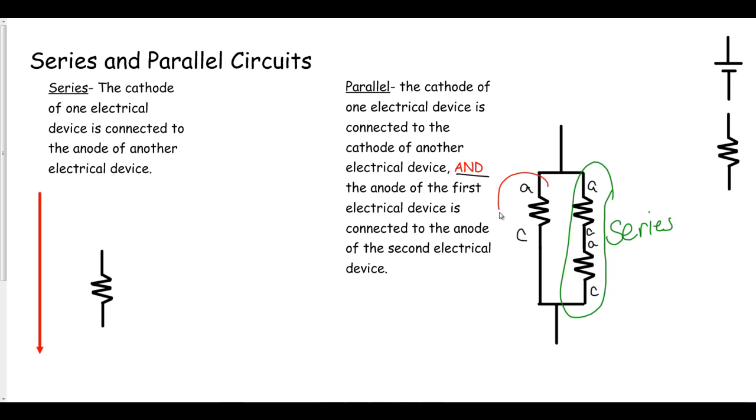So this resistor is in parallel with these two resistors in series because the anodes of the top two are connected, and the cathode of the bottom resistor and the cathode of the lone resistor are connected. And so that makes this series in parallel with this resistor. So keep that in mind when we start doing circuit analysis, that a series can be in parallel with another resistor. Also, you can have a parallel in series with another resistor,